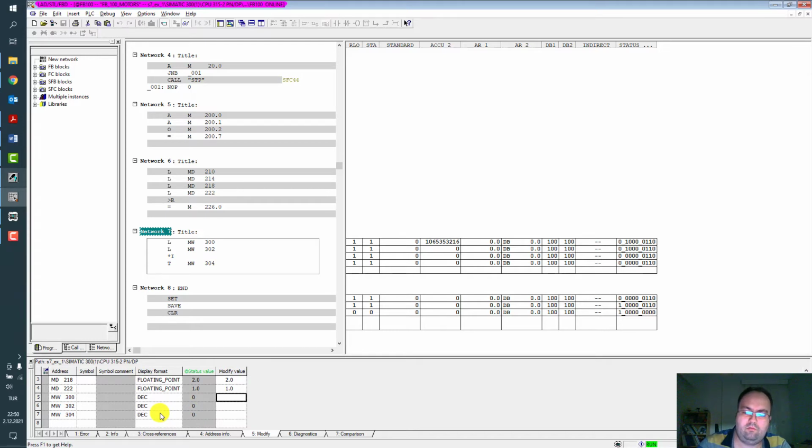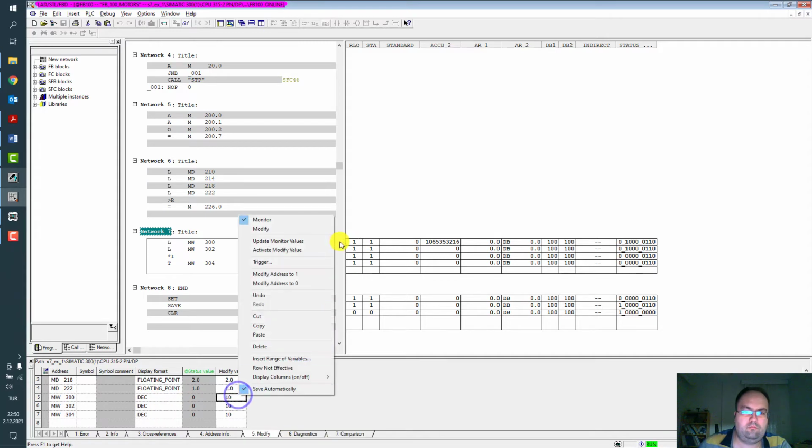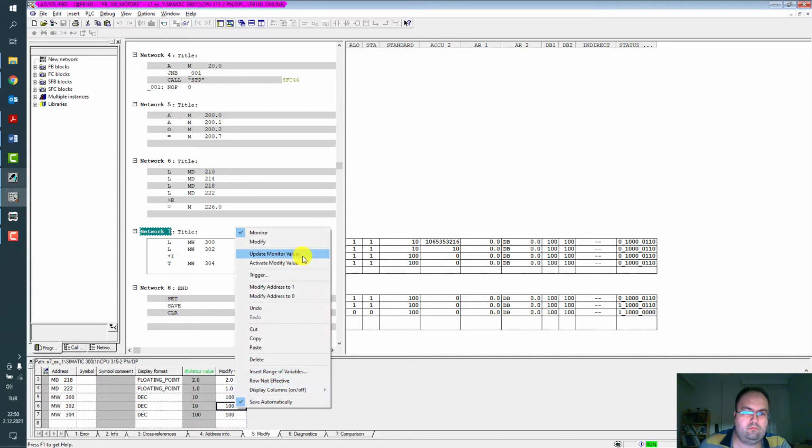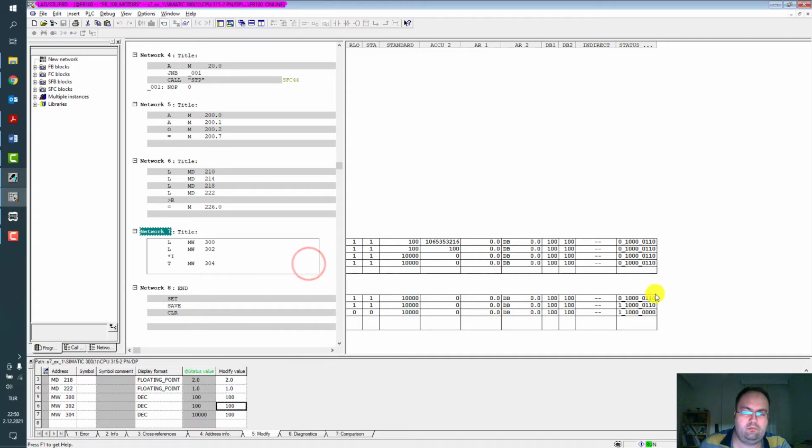Okay, I will try with this, and you will get the result. Multiplication 100. Let's try with high value. And there is no overflow right now.